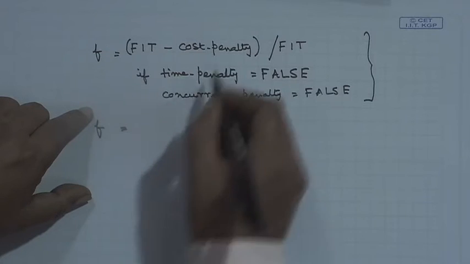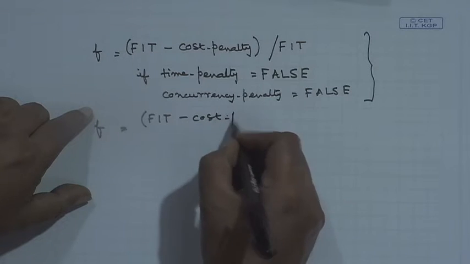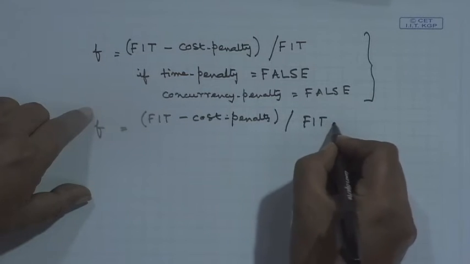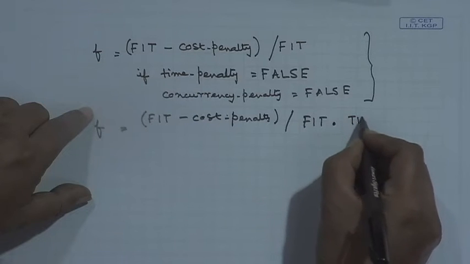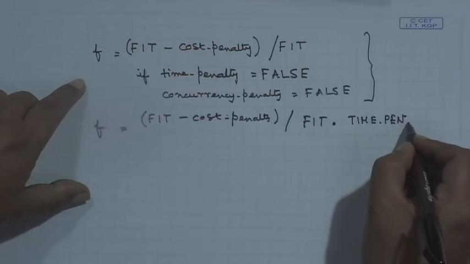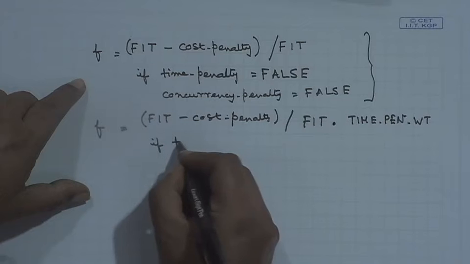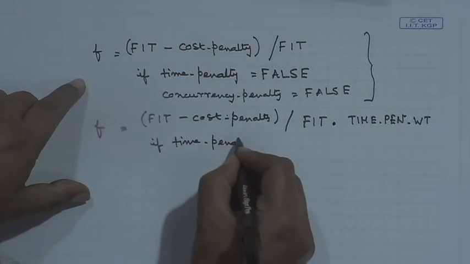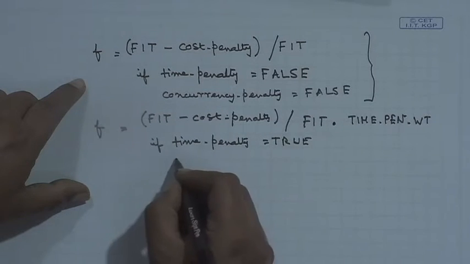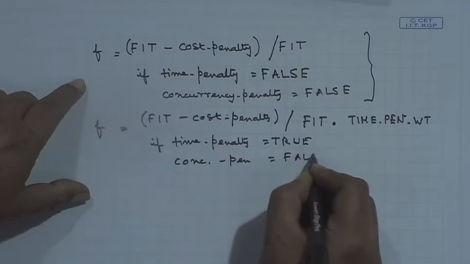Otherwise, I can say, let me fit minus cost penalty divided by fit multiplied by time penalty. I can put a time penalty weight, some time penalty weight. So, if time penalty is true, okay, and concurrency penalty is false, then this will be